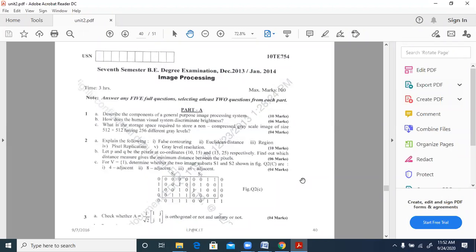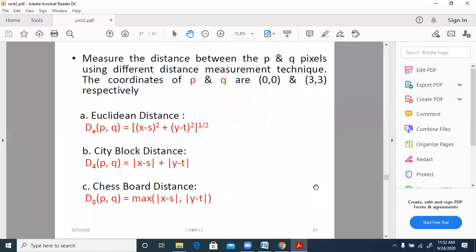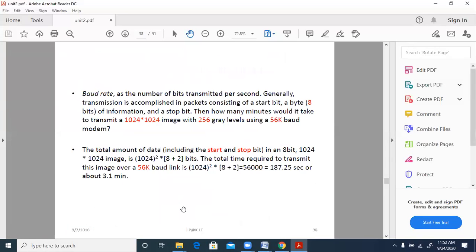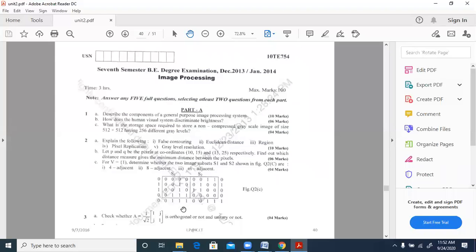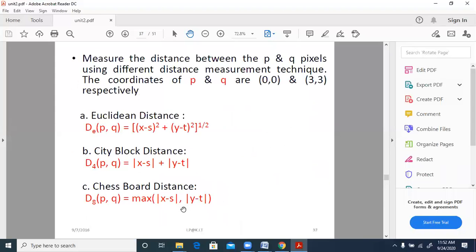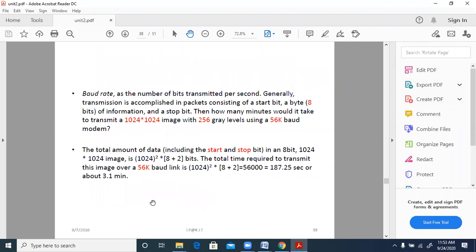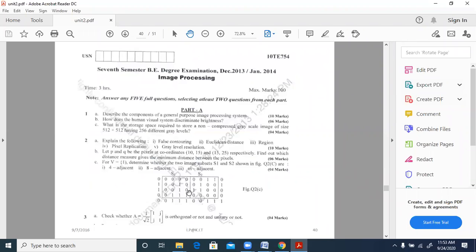Then that is Manhattan. Then the chessboard will give you 15 minus 10, 5, and 25 minus 15, 10, the maximum of these two. So that's what we have written for chessboard here. The maximum of those two will be 10. So the values for the different measures are: Euclidean might be 12 point something, which will be 13, this will be 15, and this will be 10, right? For the numerical which is given there.